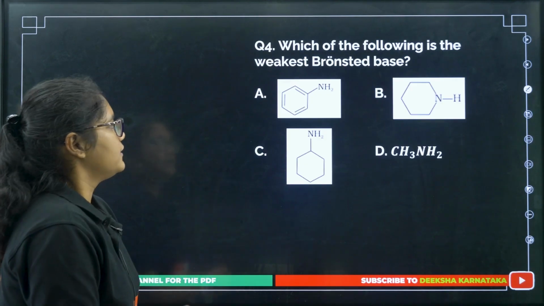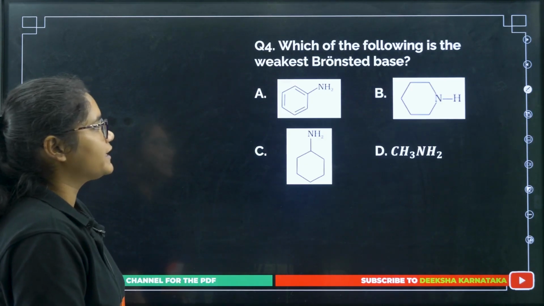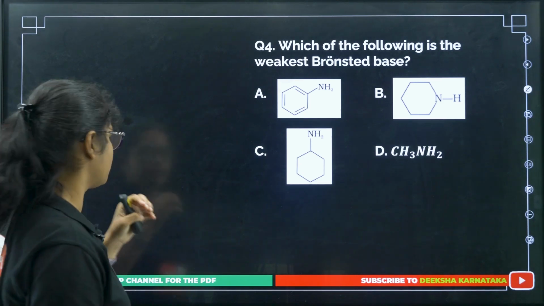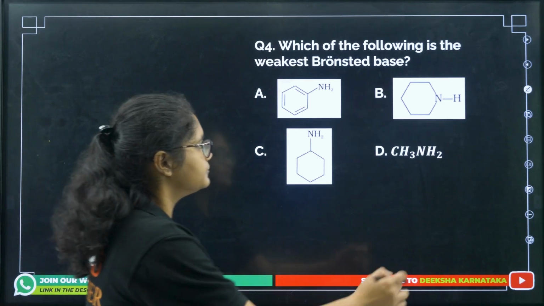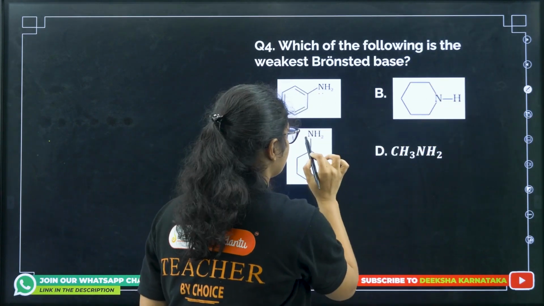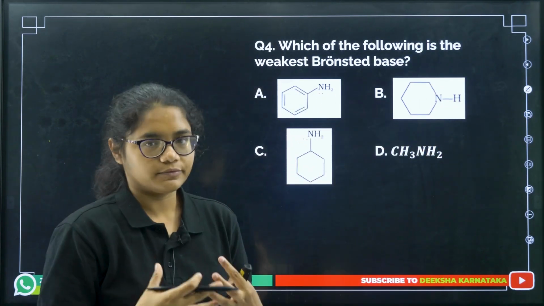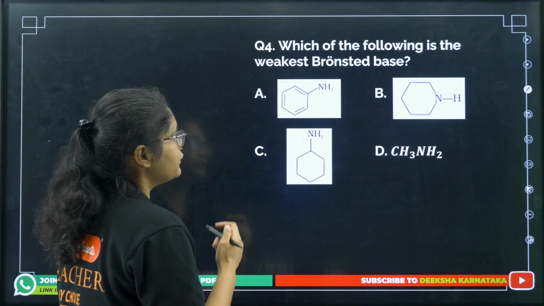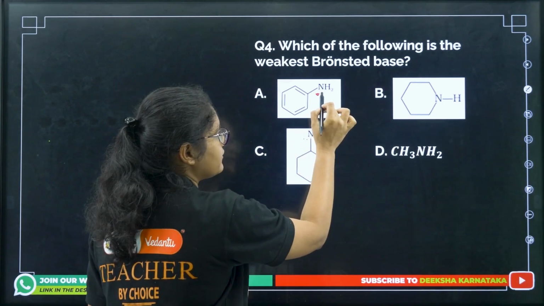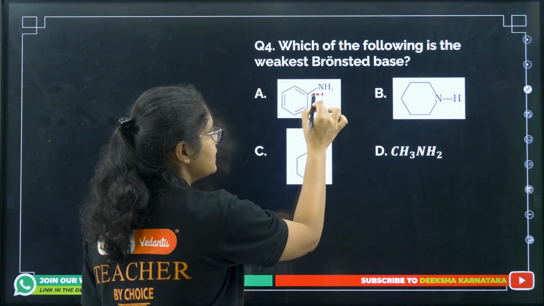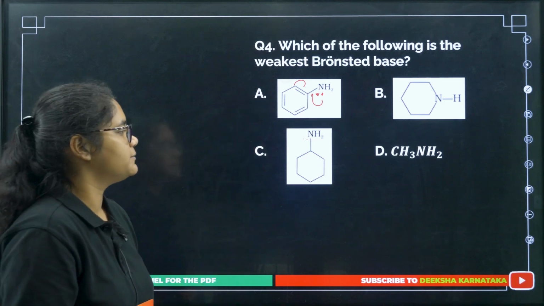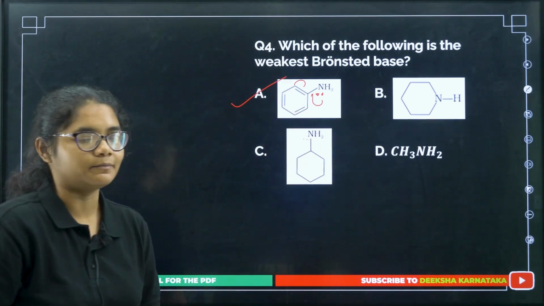Okay. Next, which of the following is the weakest Bronsted base? Okay, weakest Bronsted base means what here? So if you see, these amine groups have to donate the electrons, right? Now, you need to find the weakest one. So if you see here, this lone pair of nitrogen is not available for donation because it is involved in resonance. Okay, so that is why this one will be the weakest base